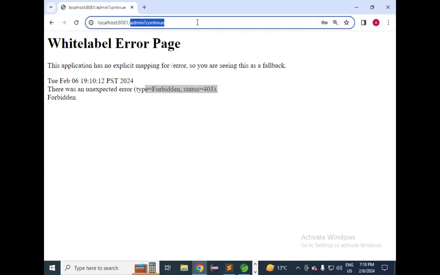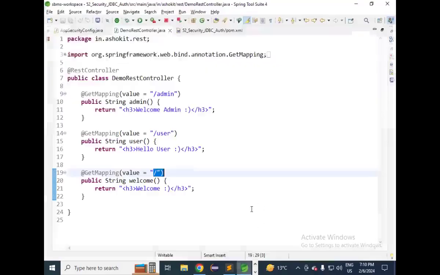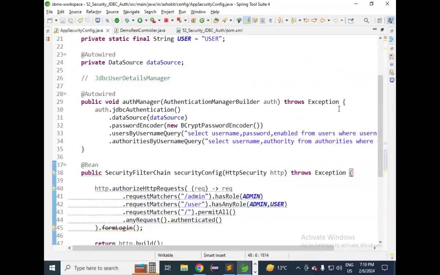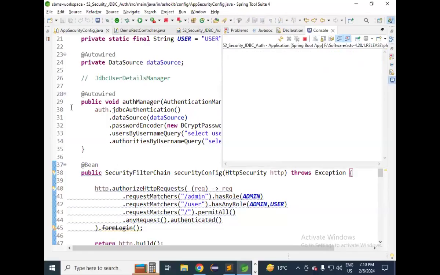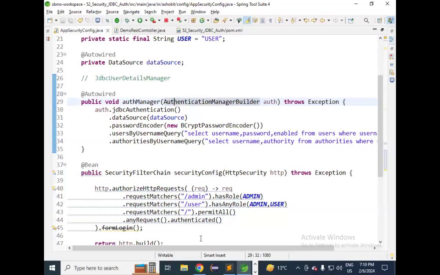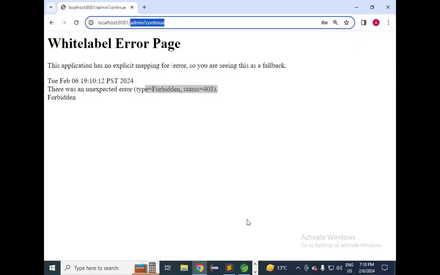So security is working. But one doubt I have, I need to do more research on this, guys. When we are customizing this security configuration, why is the default password printing on the console? That is the doubt. Normal configuration is working. So when Smith is trying to access our application with the admin URL, Smith is authenticated successfully,